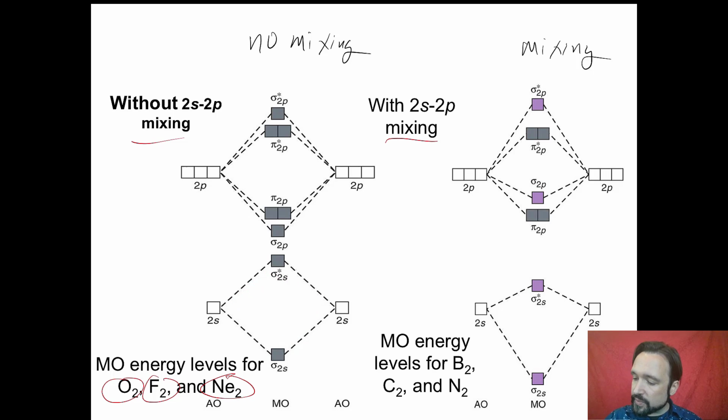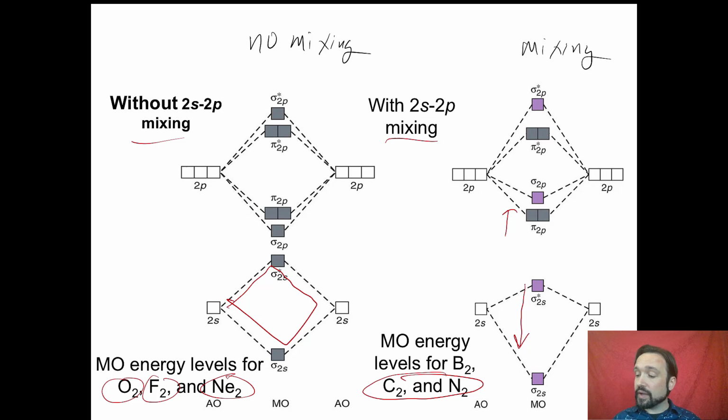And that's really an ugly square. Let's try that again. Bam, bam, bam, bam. We own the whole block. On the other hand, if you don't have that much power, you kind of have to give some to get some. So our p orbitals are going to end up giving some, and our s orbitals are going to end up getting some. So our sigma 2p and sigma star 2p go up in energy. Our sigma star 2s and sigma 2s go down in energy. All right, that's going to happen with our smaller or less electronegative members of the second period here,